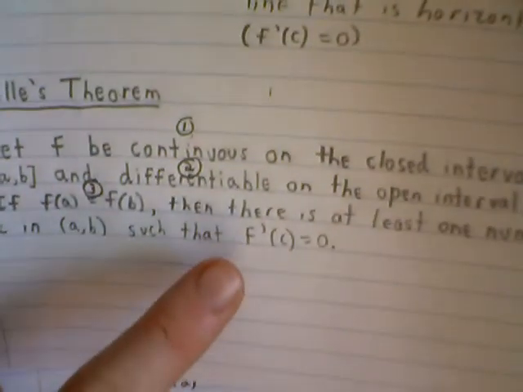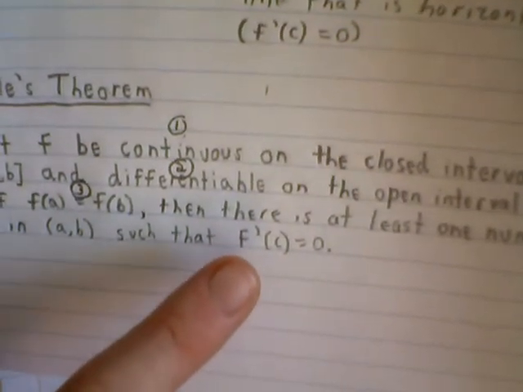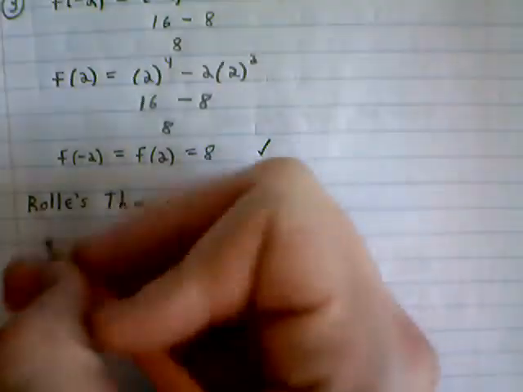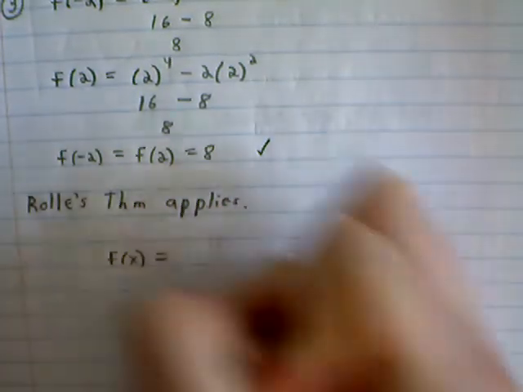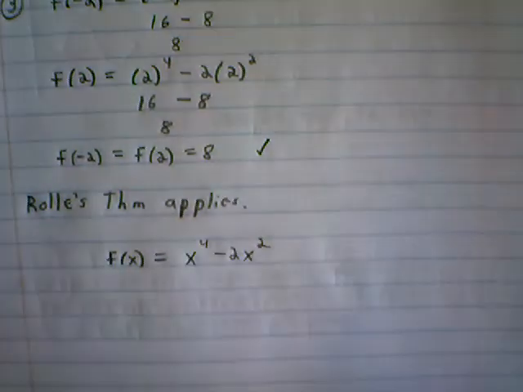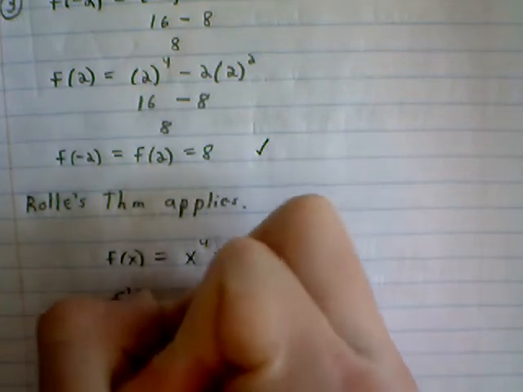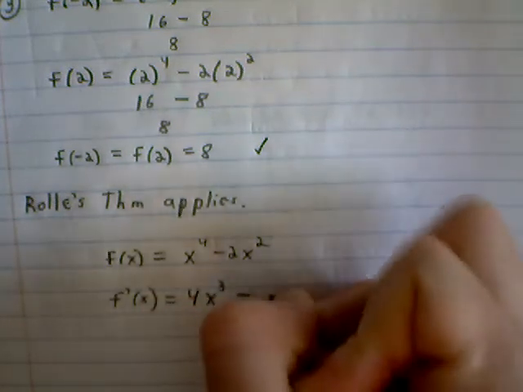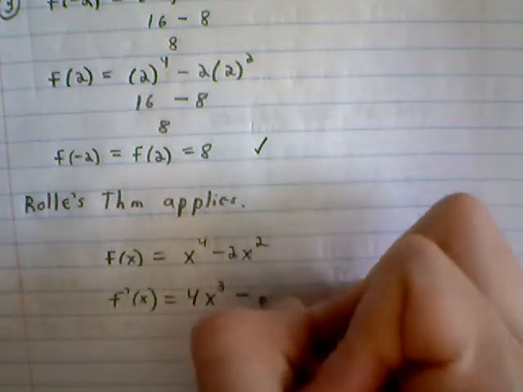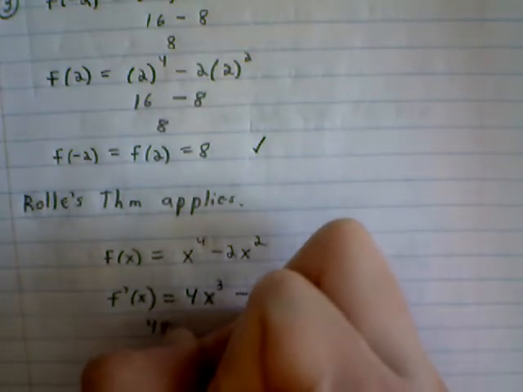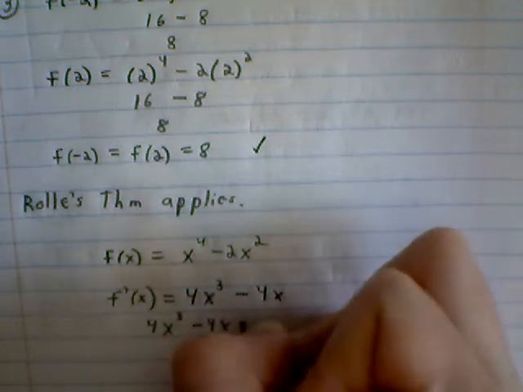It says that f prime of c has to equal 0. So I got to find where exactly this horizontal tangent is. So now for this last part, I'm going to take my function, which was f of x equals x to the 4th minus 2x squared. I got to take the derivative, which is going to be 4x cubed minus 4x. I have to find out when this equals 0, find my critical value,